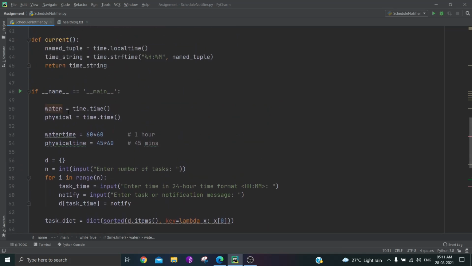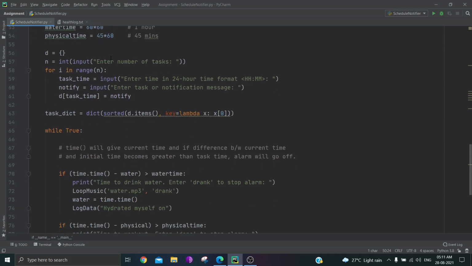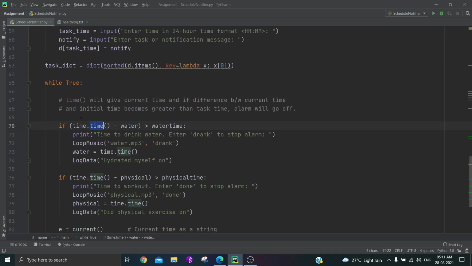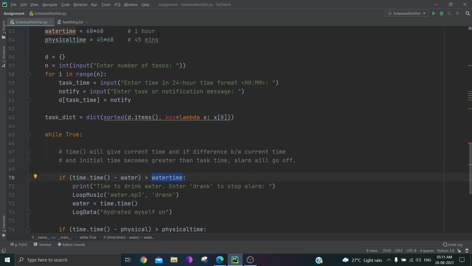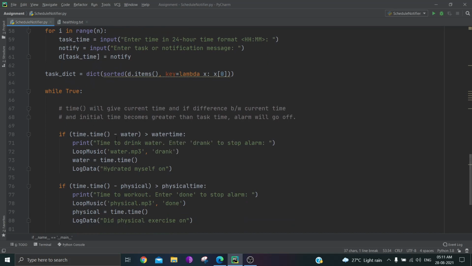Here the water will be the initial time, at this instance, and this time.time will be the time at this particular instance. And if the difference is greater than the task time of water, which is 1 hour, then this if block will get executed.